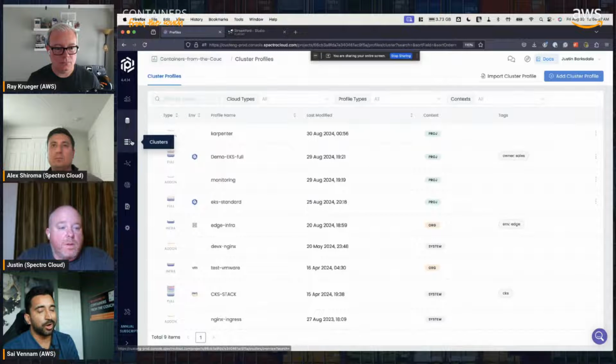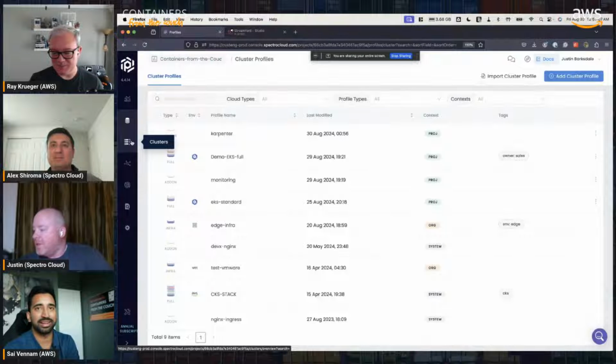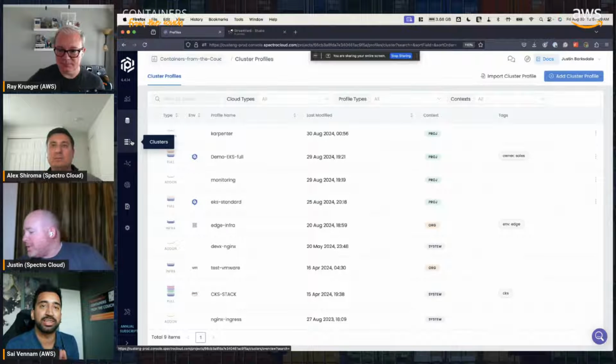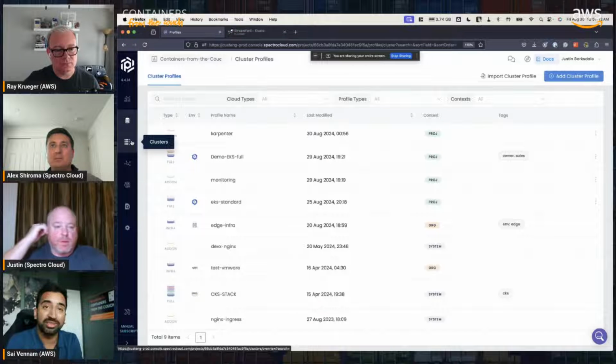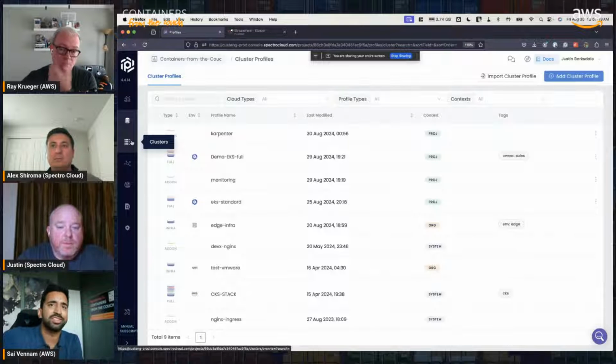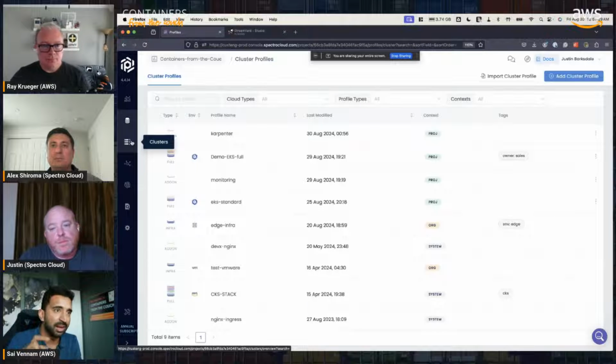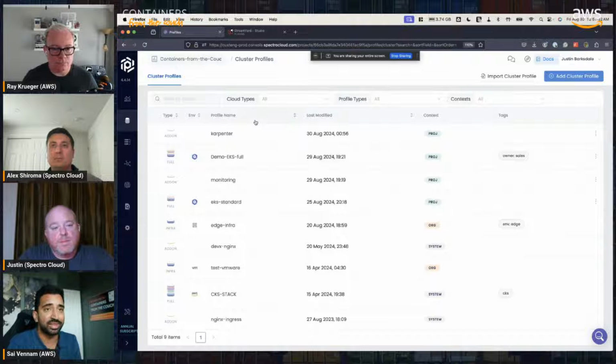For folks watching at home, if you're wondering what platform engineering is, that's what platform engineering is. It's the ability for some SME, the operator within a company, to say, look, I know that Carpenter is something that's going to help everyone out, and I know how to configure Carpenter. Let me just save a template, which I know works for these types of clusters, 1.29 with Nginx controller, blah, blah, blah. I know that this Carpenter configuration works. You save it, and now anyone else in the company that wants to use that pack can just click a button and add it on. I think that's platform engineering at its best.